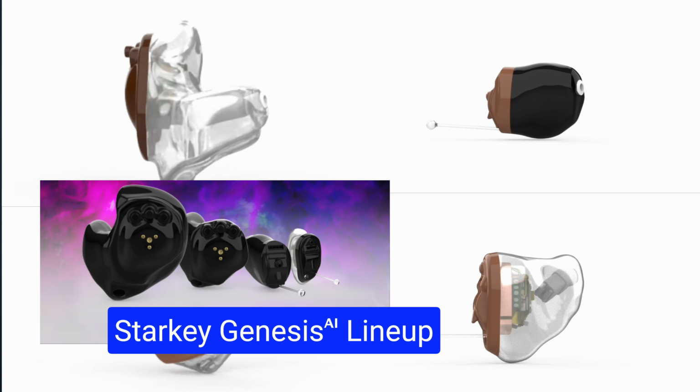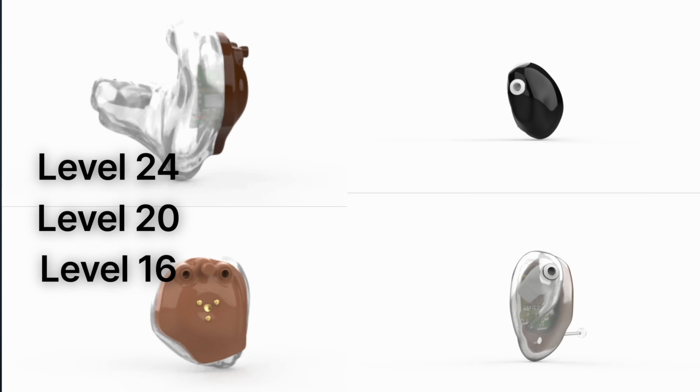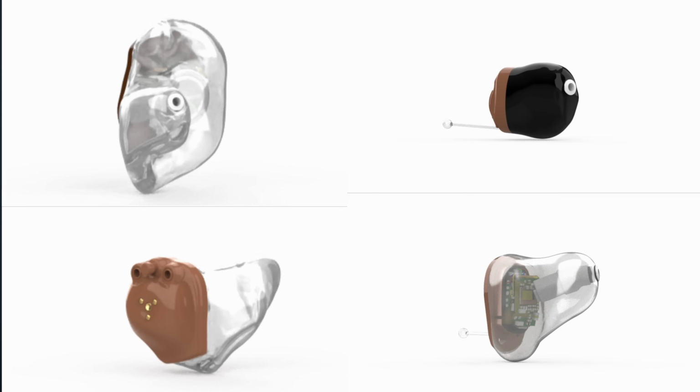Next up on my list of top picks for best hearing aids in 2024 is a custom in-the-ear device, the Starkey Genesis AI custom hearing aid lineup. The Genesis AI devices are available in 4 technology levels: 24, 20, 16, and 12, with 24 being their premium offering. This custom lineup includes a super tiny invisible in-canal hearing aid all the way up to a full shell custom hearing aid. And depending on the size, these custom hearing aids can fit mild hearing losses up to severe hearing losses. While their 2 smaller options come non-wireless and wireless and use a disposable size 10 battery,